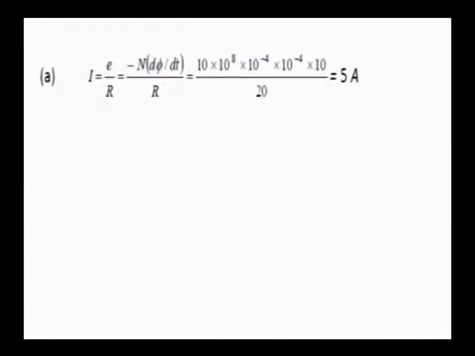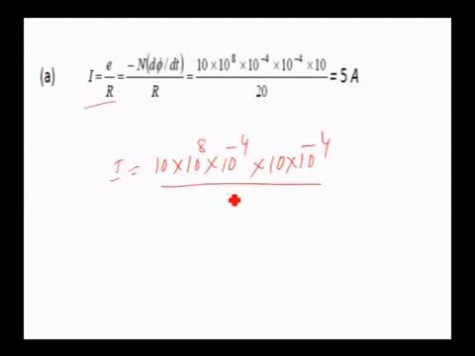In that case, look at the equation. I is equal to E by R, where E is N, the number of turns, into d phi by dt. I will substitute here. N is 10, and d phi by dt is 10 power 8 Gauss multiplied by 10 power minus 4, and area is 10 centimeter square. It is 10 into 10 power minus 4, divided by the resistance 20. So plus 8 and minus 4 minus 4, the minus 8 and plus 8 get cancelled, and 10 into 10 is 100. This is 100 divided by 20, which is 5 ampere.